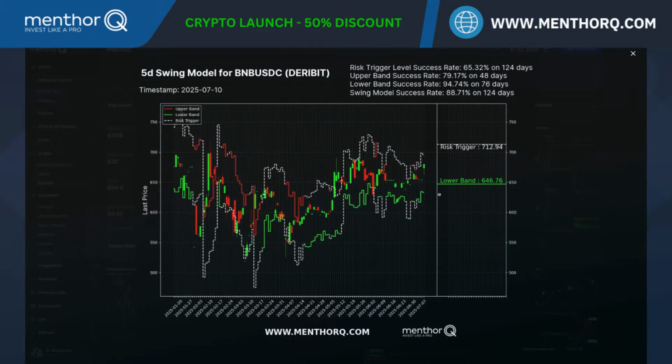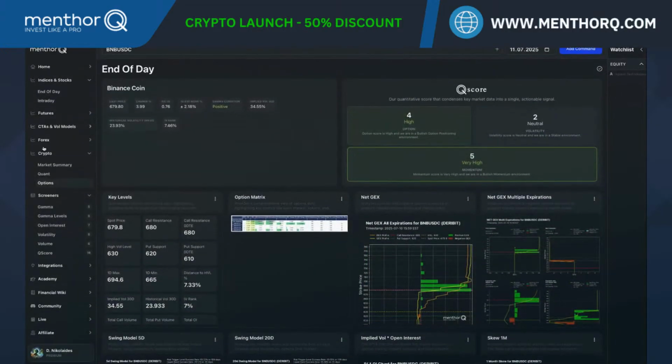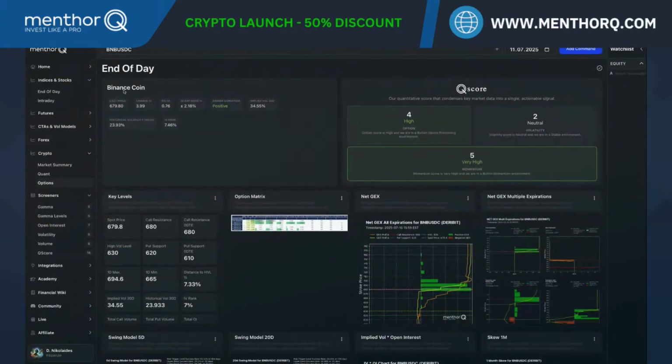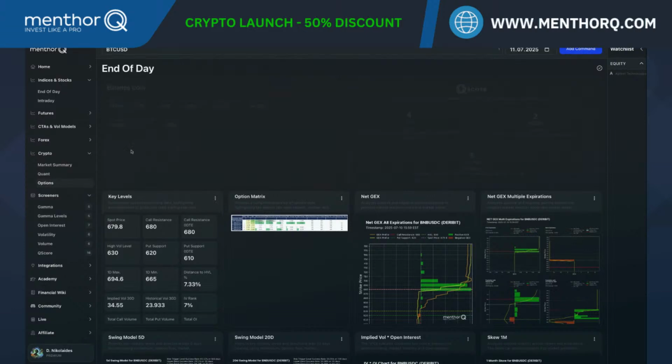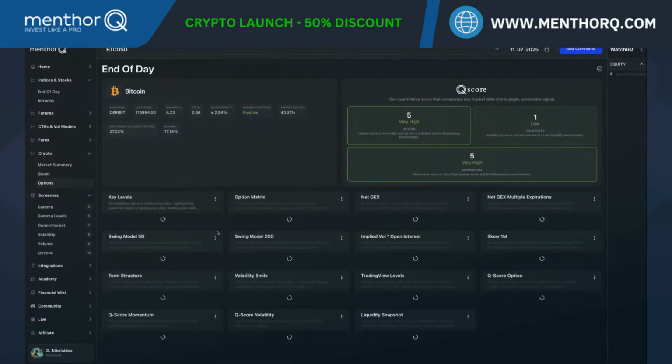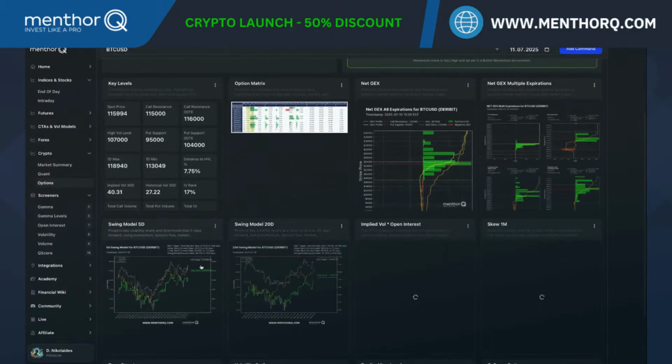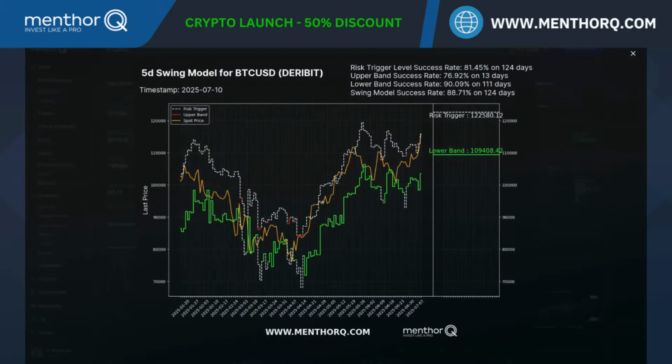Normally we talk about the... I'm sorry, we have to move 1 second again. I was too fast. So we go down here. If we go down in our swing model, where do you find the level to go short? We see the risk trigger, and the risk trigger always tells us something is going to happen. We have a lower band, which is good if you want to sell premium there and don't get assigned. But now we're talking about what we can do as a long-term investor. As a long-term investor, with the risk trigger, as you see, something always happens, we go down.